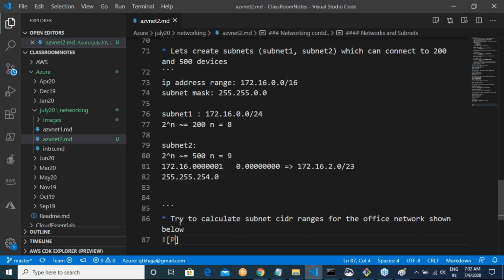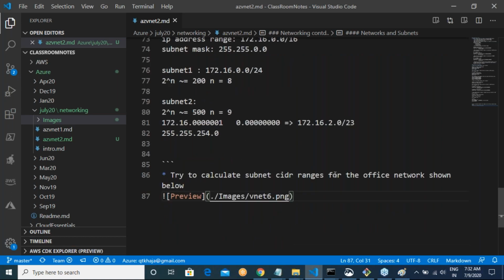Try doing this. It is okay even if you are wrong, but just try to understand whether you are able to do it or not. Okay. So VNet 6. Right. Good. So try to come up with CIDR ranges for me.